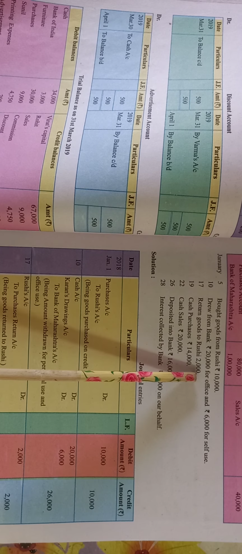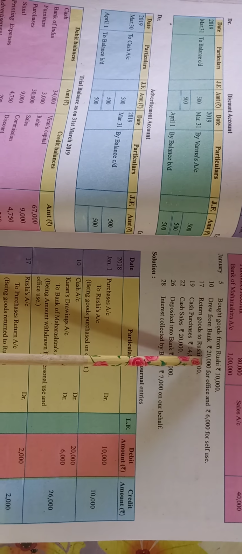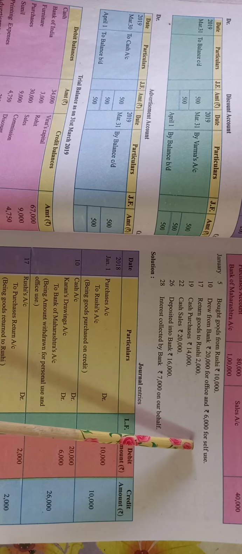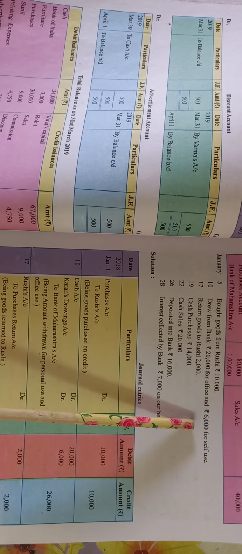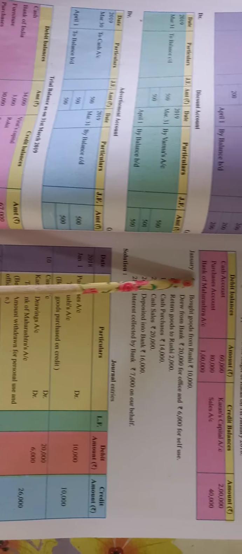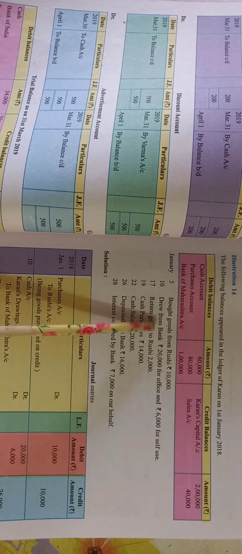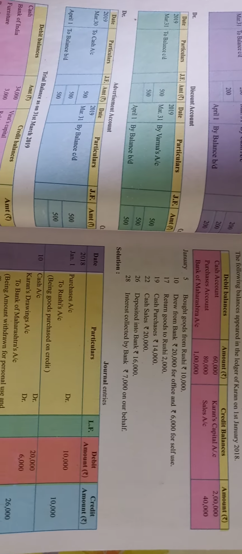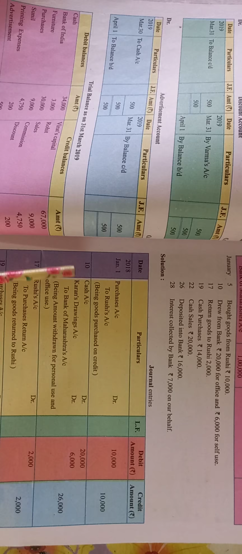In this transaction, a combined entry is there. Drew from bank means withdrew from bank rupees 20,000 for office and rupees 6,000 for self use. Self use means drawing. And in the balances, Bank of Maharashtra is given. So from which bank did we withdraw? From Bank of Maharashtra. So whenever we have to withdraw an amount from bank for office use, then the entry is on